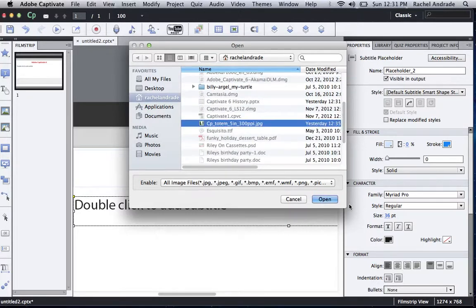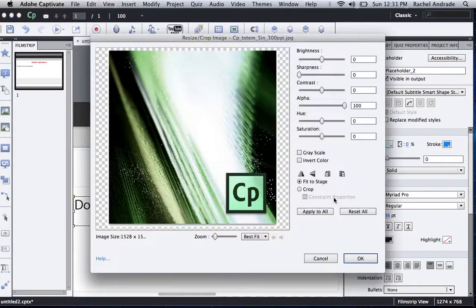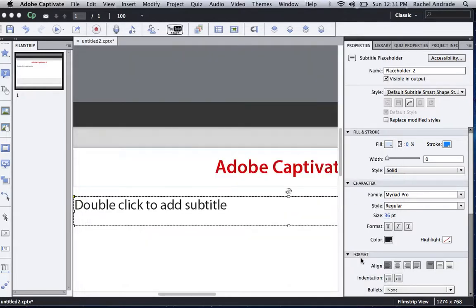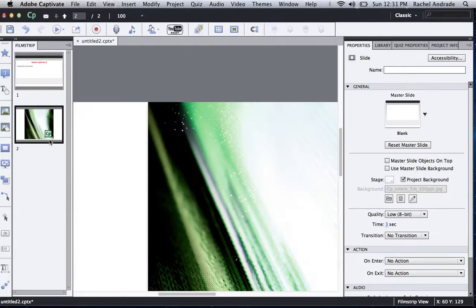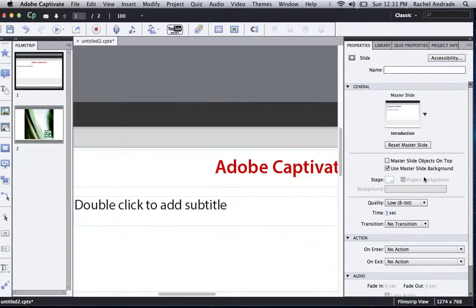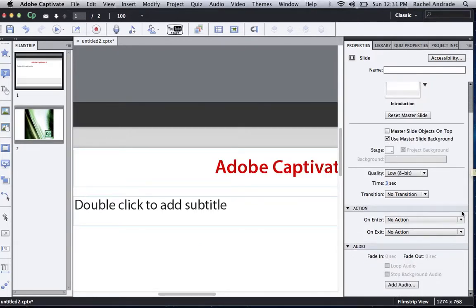I actually downloaded an Adobe Captivate image earlier today, and so this is what shows up. You can manipulate this photo in order to have it look exactly how you want it here if the photo isn't the exact quality you want to have in your presentation, but I like how this looks, so I'm just going to click OK, and it created a brand new slide with the image that I selected within my presentation, I should say. So another cool feature that Adobe Captivate has